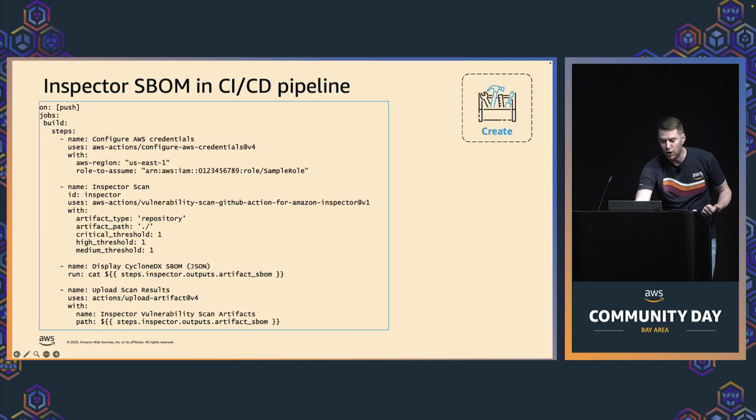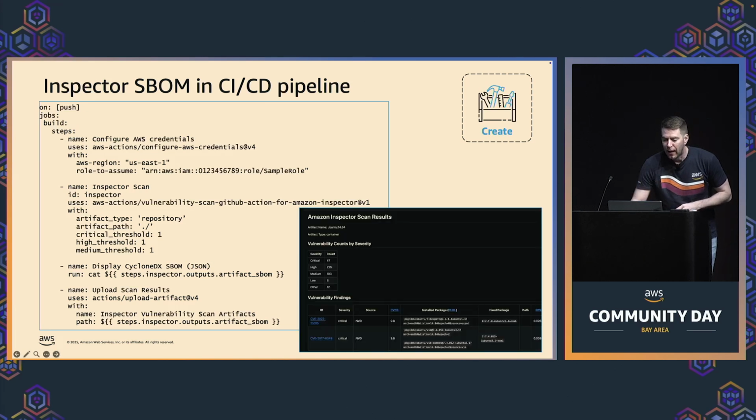So it will scan the code, generate the software bill of materials. It makes it available to other steps within the job. And it then creates this scan result for us towards the end. And once again, we can then see the vulnerability count by severity from critical down to the low